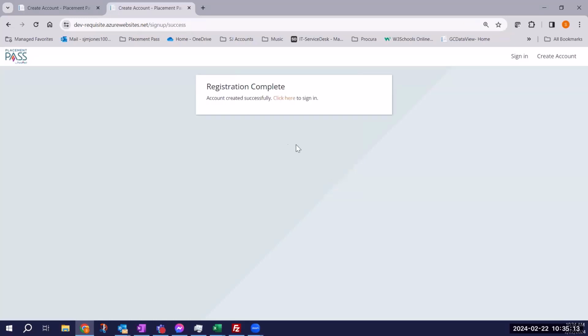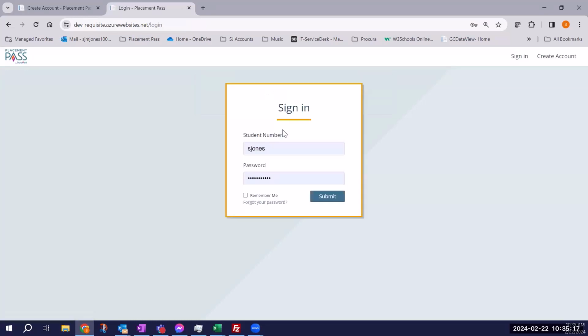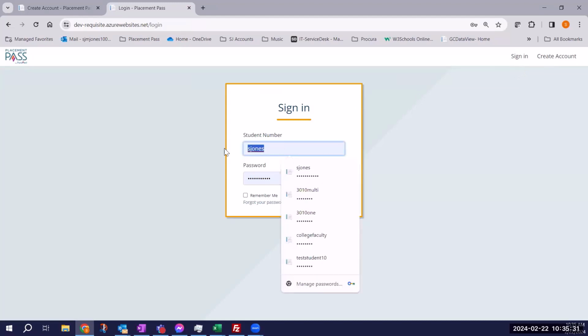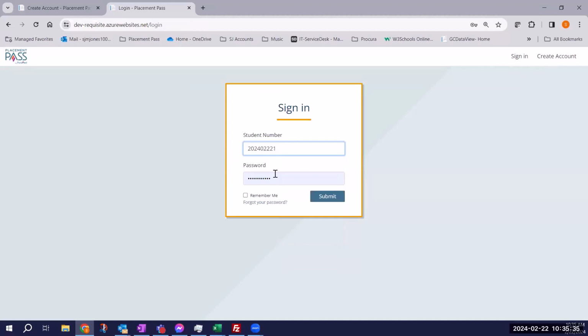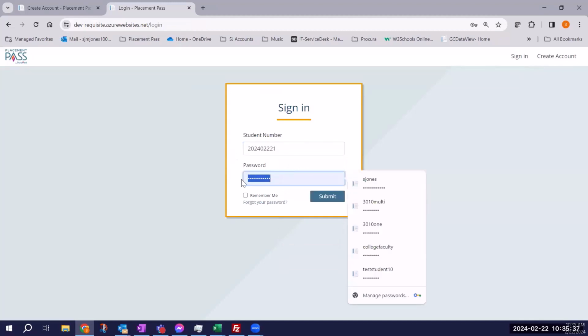Once you see the registration complete page, you can click here to sign in. And then one thing to note is that for the next time you sign into Placement Pass on the homepage, you will always see this sign-in link at the top right corner, like most websites. So I'll be entering my student number and my password,